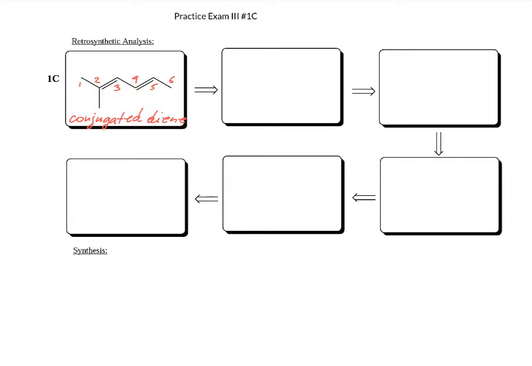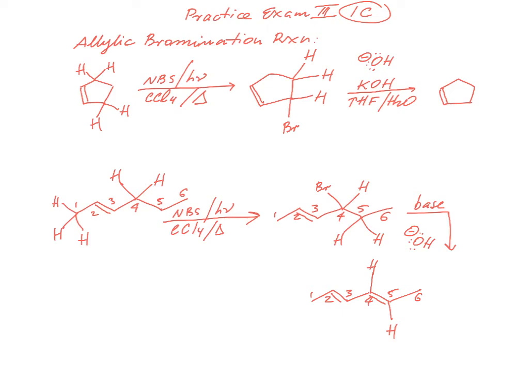Here's an example of retrosynthetic analysis of a conjugated diene. Conjugated dienes come from allylic bromination reaction and subsequent elimination. So let's go ahead and review allylic bromination. Here is an endocyclic alkene,